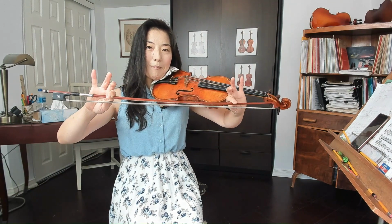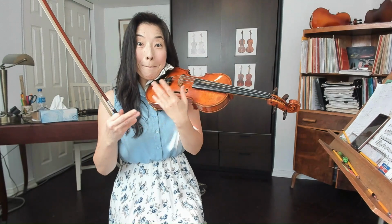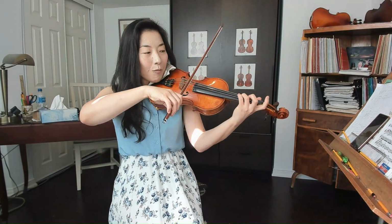Normally it's from the middle to this one that is easier, but if you include the ricochet, it could go a little further. So this middle section, basically where the curves are, you want to bring the bow in this part so that the bow can bounce off. So here we're saying legato